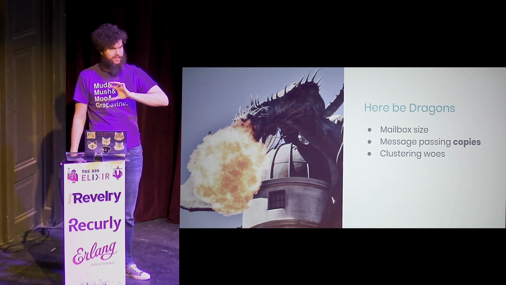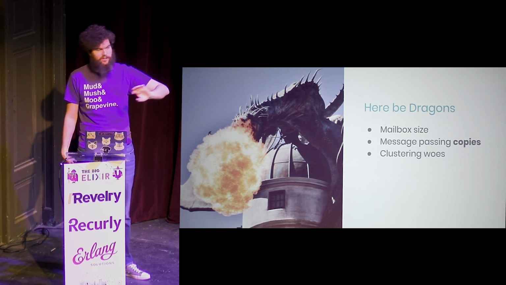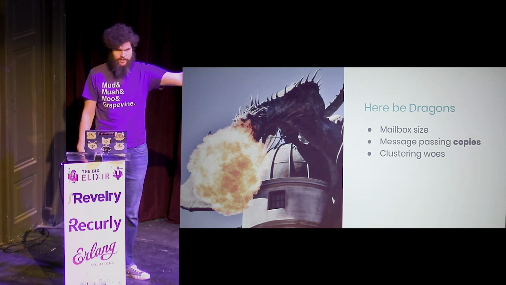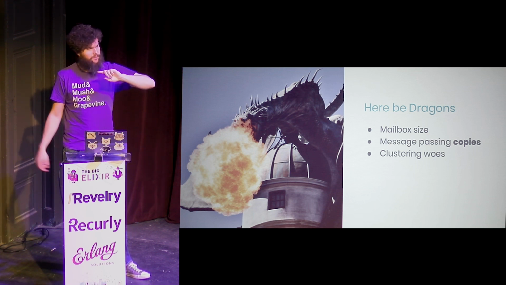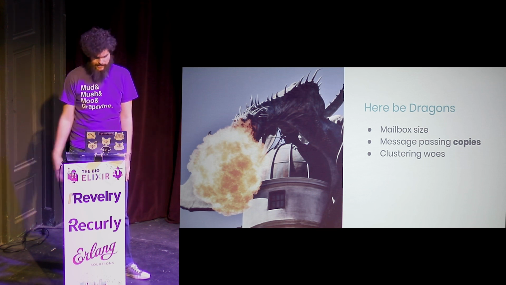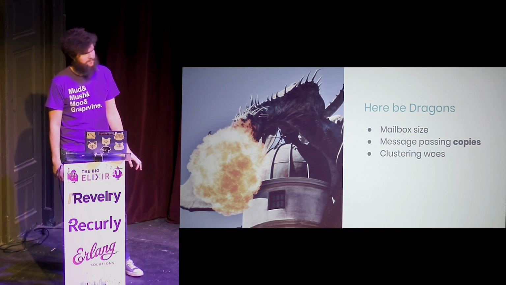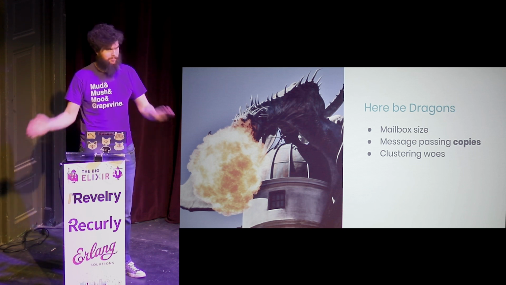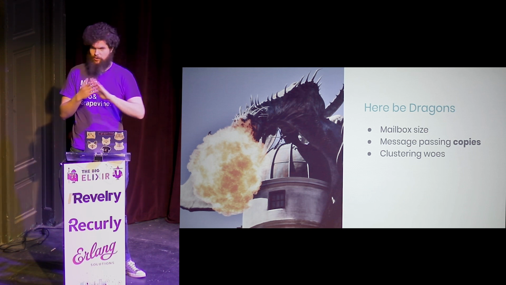Another thing to be aware of is that message passing copies the data that you have. So if you're sending a really big struct in a cast or a call, that's actually getting copied into the other process. So if you're doing that to a lot of other processes, you can bloat your RAM. While doing some load testing for ExVenture, I was just copying around a user struct that had a whole bunch of preloads,